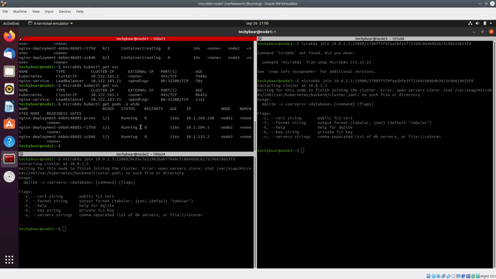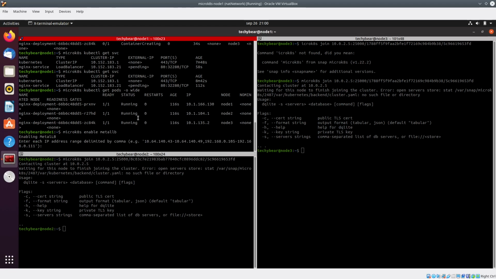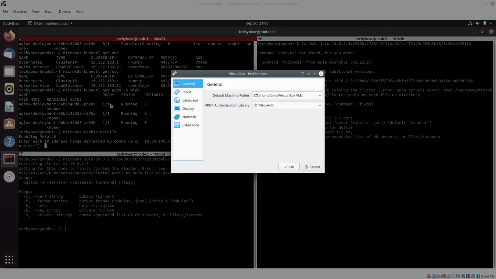So let's start with deploying it. microk8s enable metallb, and it is asking for an address range delimited by comma. So you can enter the address range here. I'm going to enter the address range of the NAT network. To check what the address range is, I'm going to Preferences, Network.